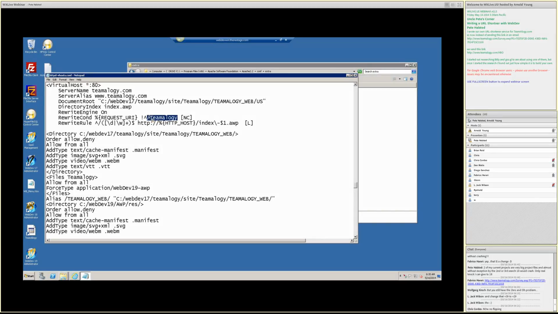So I don't want to do any URL rewriting for that. So I skip that and make sure to ignore any of those. Then anything left, if it's calling the domain name,